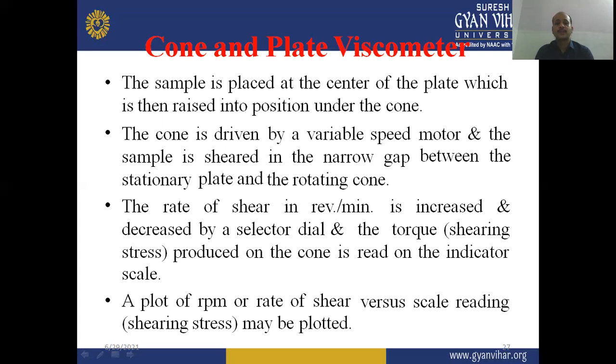It is based on the similar principles of the rotational viscometer, where a spindle rotates in the sample and we measure the resistance to rotation of the spindle and thereby the viscosity. The Brookfield viscometer is widely used in industry as well as in pharmaceutical laboratories for measurement of viscosity of different substances. So it is again a type of rotational viscometer, based on the same principle as the cup and bob and cone and plate viscometers.